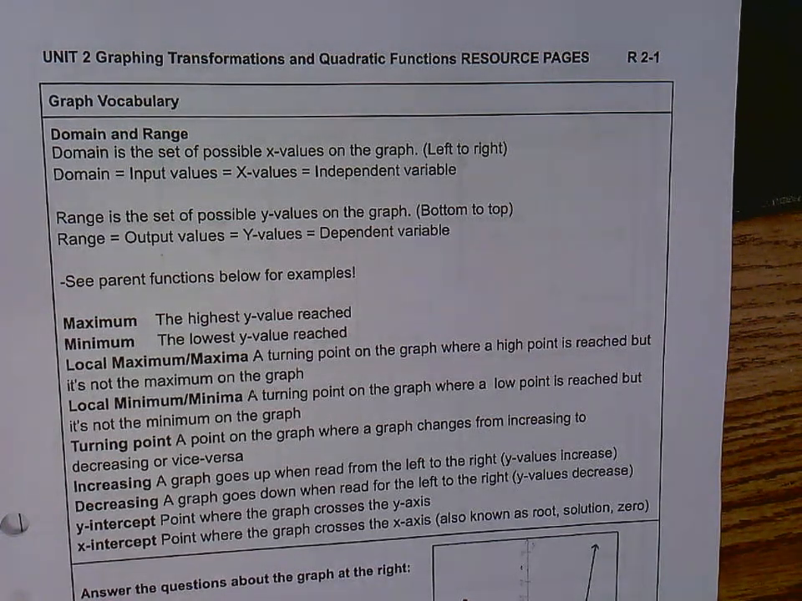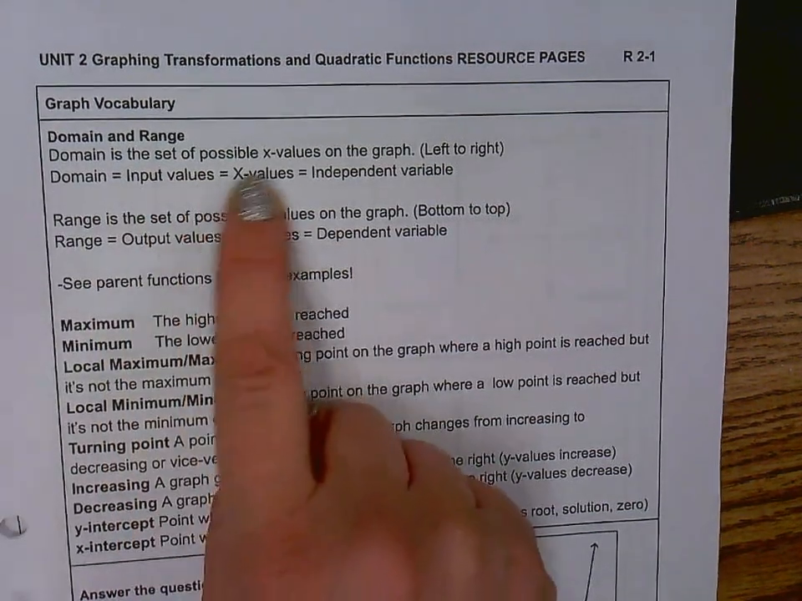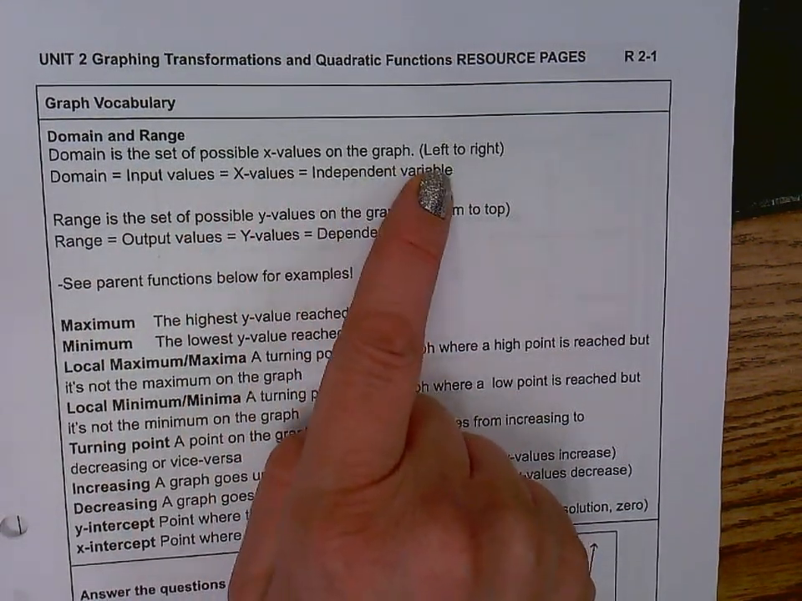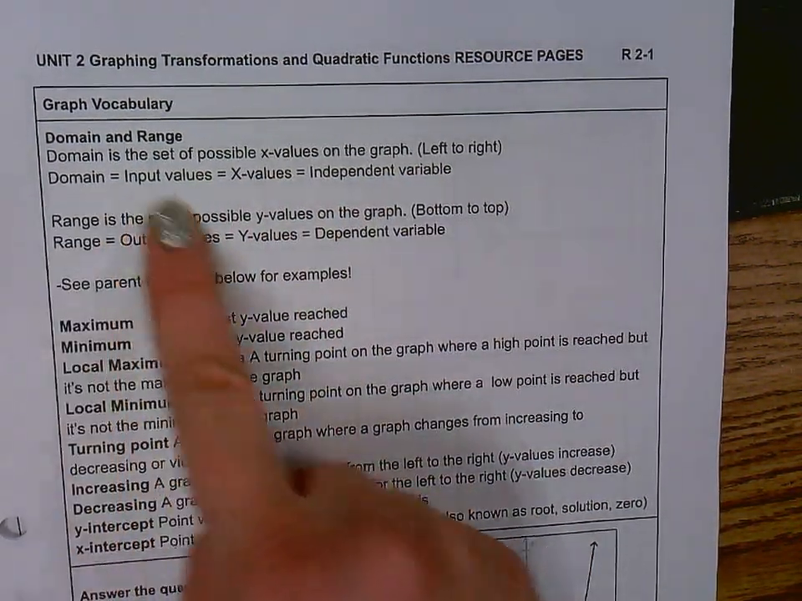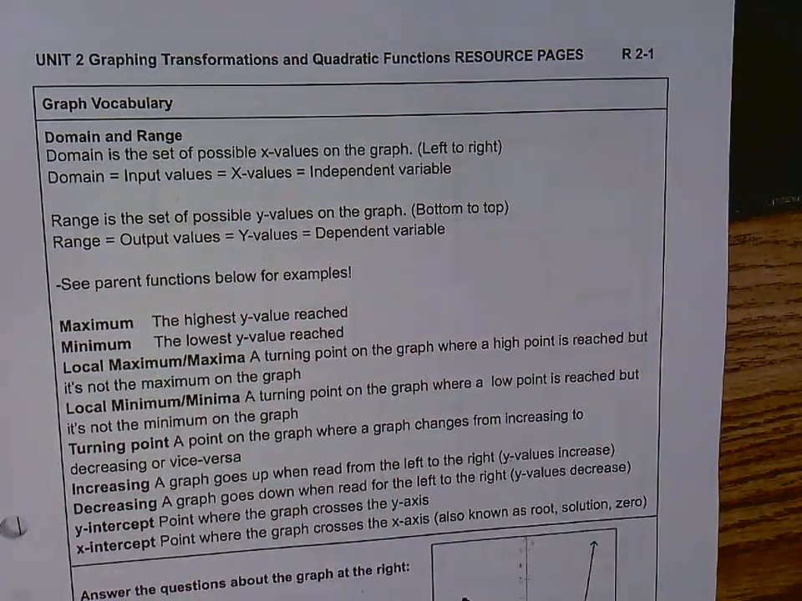Right? So we're going to talk a lot about domain and range. This is just your resource page, so if you forget what domain and range are, you can flip back to it. There are definitions on this page for you. It says domain is the set of X values on a graph. Domain, input, X value, independent variable, all of those are the same